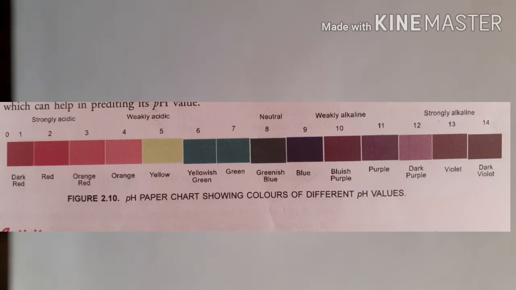Dear children, common indicators cannot tell us the relative strength of acids or bases. For example, litmus can tell whether the substance is acidic or not by changing its color from blue to red in acidic solution and from red to blue in basic solution. It will not be able to tell us about the strength of acidic or basic solution. So, when we use the universal indicator, it gives us the respective strength of the acids or bases.